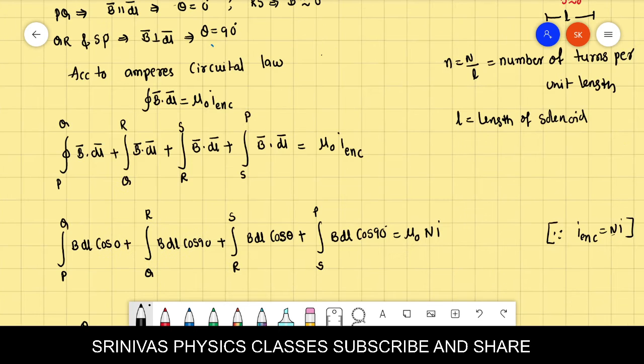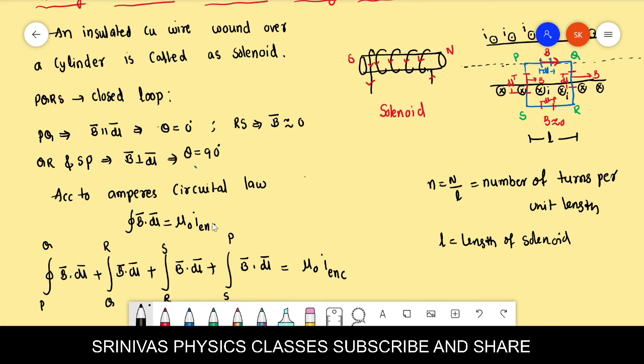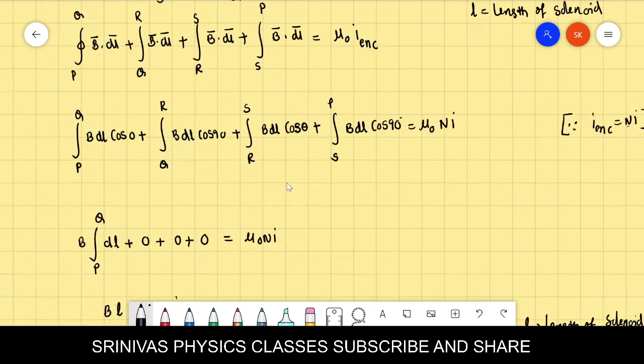In the closed path, you see this is a closed path we are taking in the figure. In the closed path, if n turns are there, current is Ni. You see in the closed path how much current is there, that we want. If two turns are there, then 2I. In this I current will be there, in this also I current will be there. Like this, if n turns are there, Ni is the current enclosed in the loop, right? Understood? The integral of magnetic induction equals mu naught times the current enclosed in the loop. Current enclosed in the loop is Ni, right?